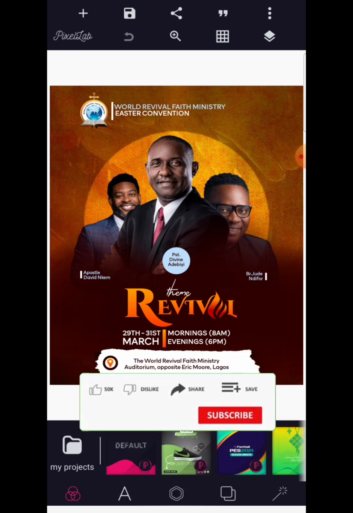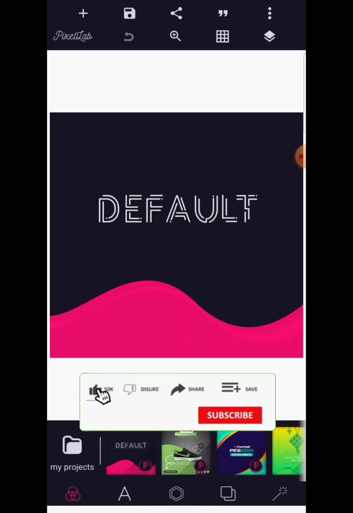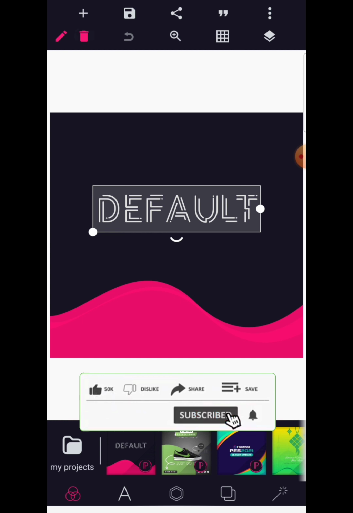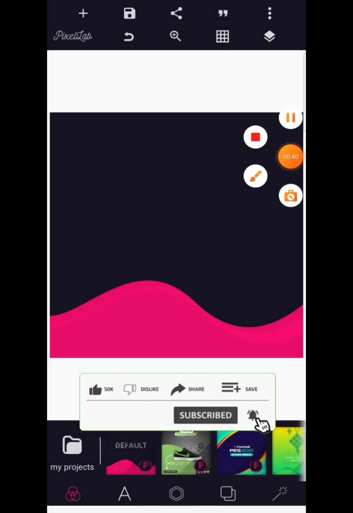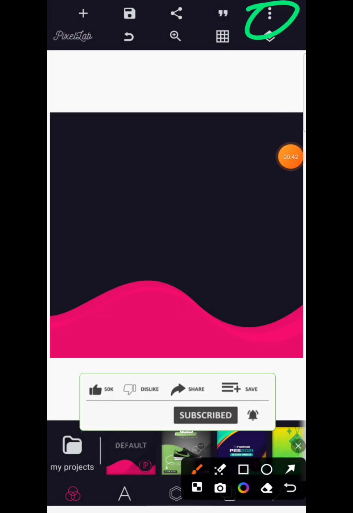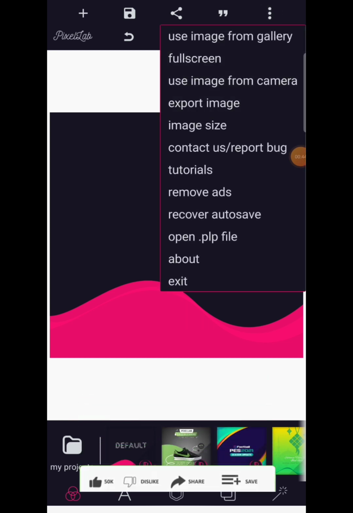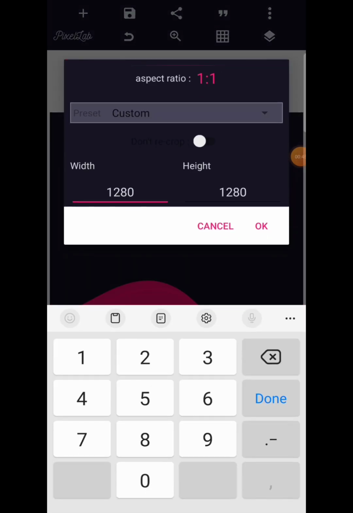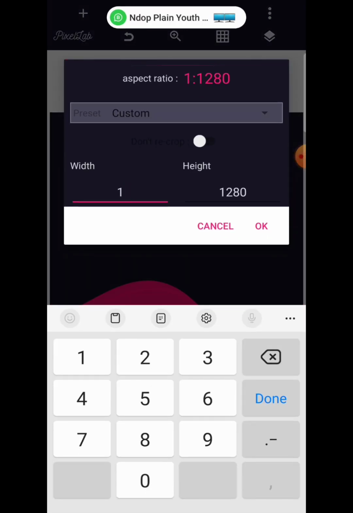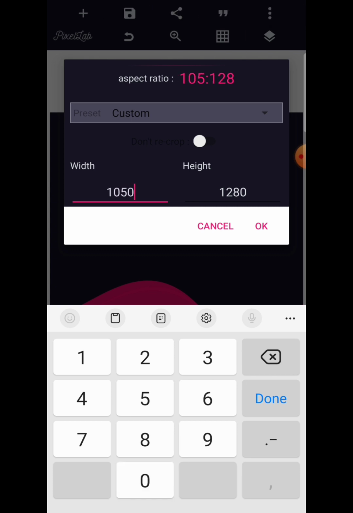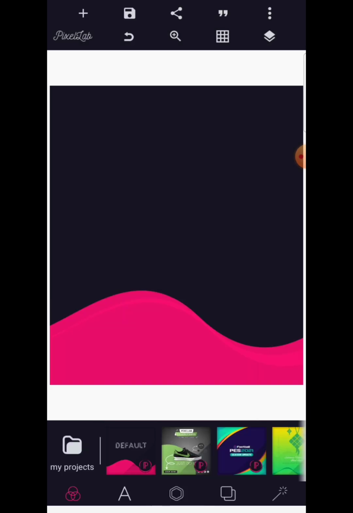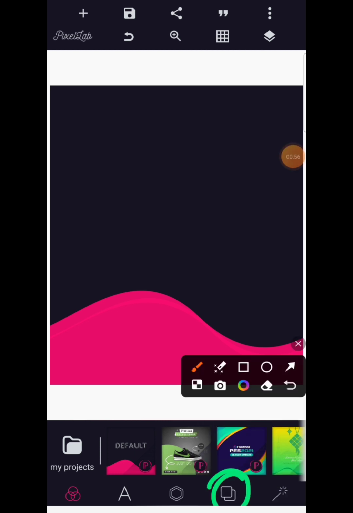That said, let's get started. I'm going to begin everything afresh. Let's delete this text, then go now to these three dots here to permit you set the size. So we're going to use a size of 1050, okay, and click here on backgrounds,